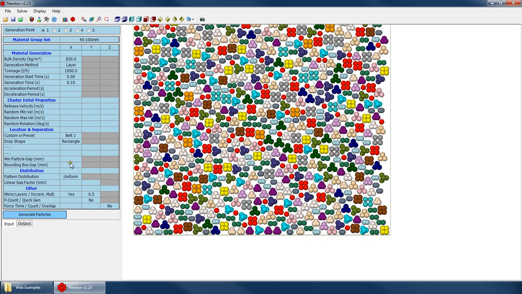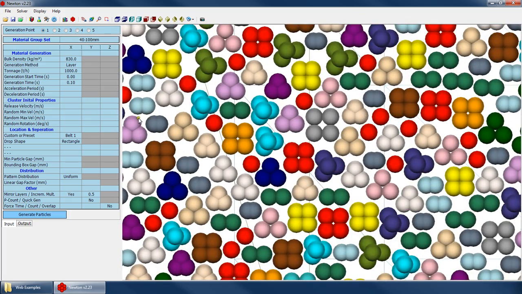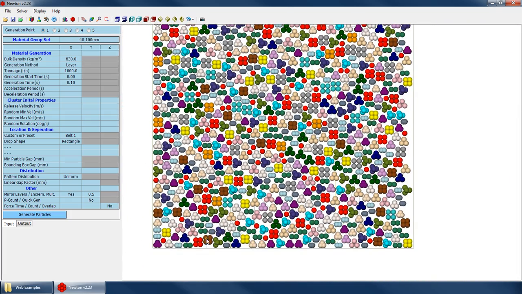You can tell if I have my minimum particle gap right here, it's set to 0. But when I generated this material, there's clearly gaps. There's not exactly 0 space. And that's because of that finite grid. But if I set this to 0.1,